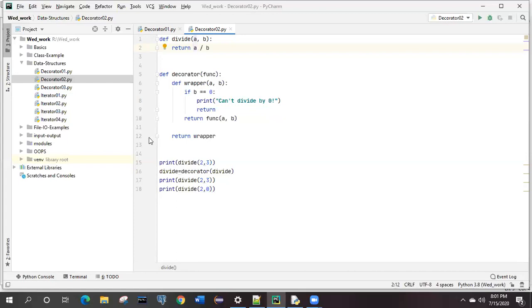Let me explain one more example. Yes, the first example is simple, the second is more versatile as compared to the first one. The third will be a little bit more than that.